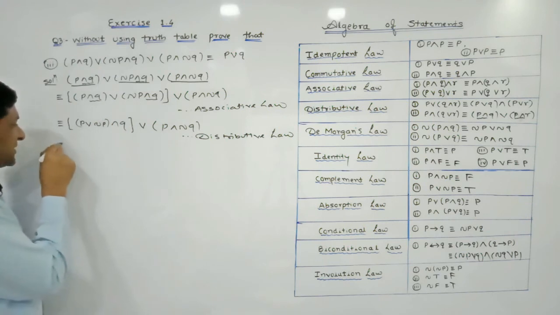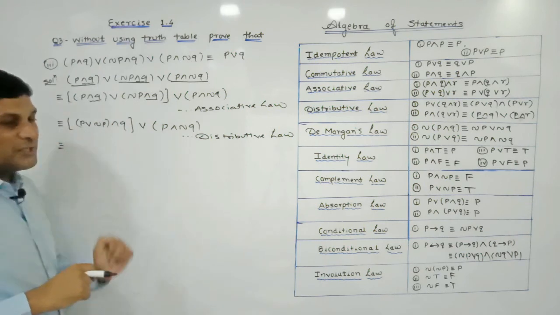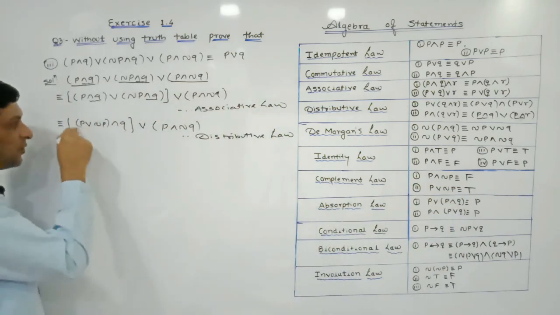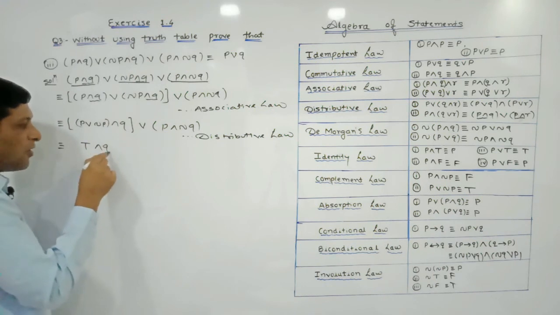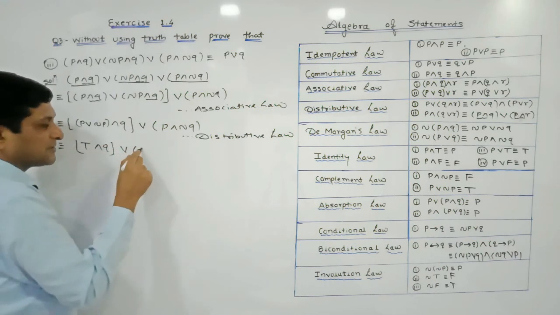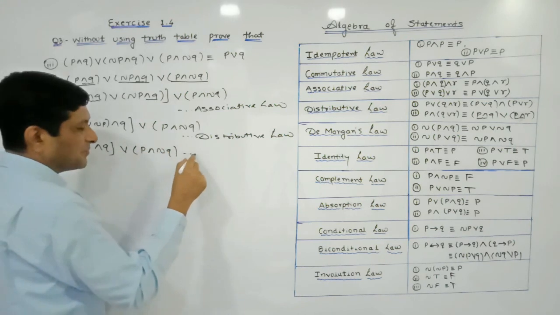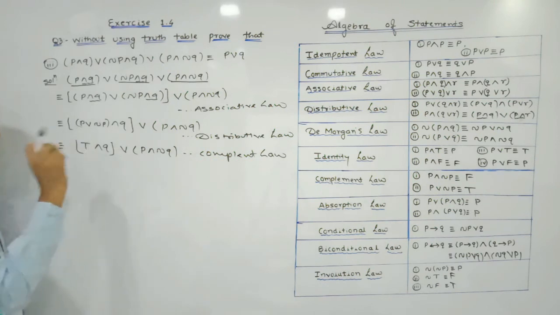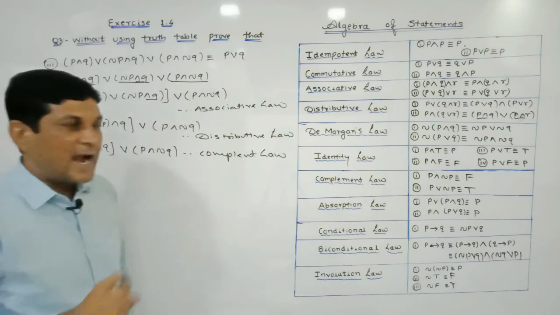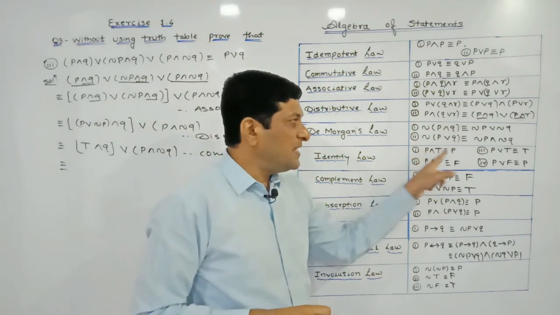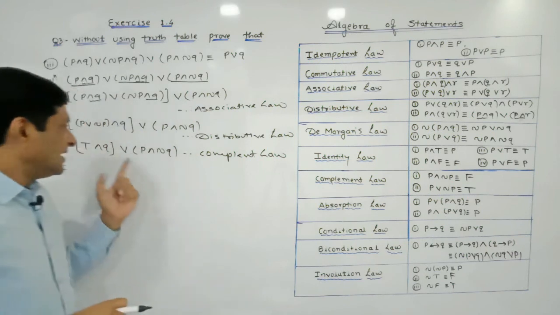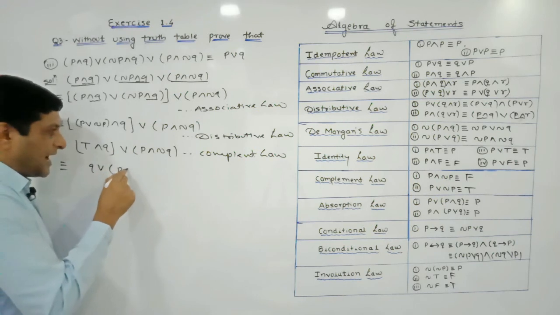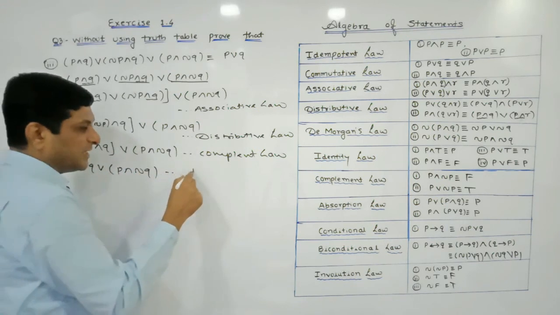So property is also called as what? Law. So this is equivalent to, now P or negation P, according to complement law, P or negation P is equal to T. So replace the whole bracket by T according to complement law. Keep the remaining term, P and negation Q, as it is. Here we have applied complement law. Later on, in a statement, if T or F appears, at that time we are applying identity law. T and P is equivalent to what? P. In the same way, T and Q will be equivalent to Q, or P and negation Q, keep it as it is. Here we have made use of what?